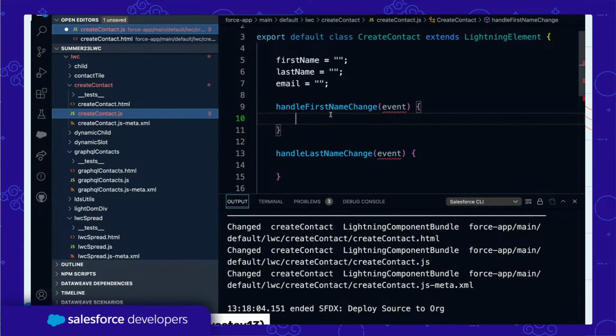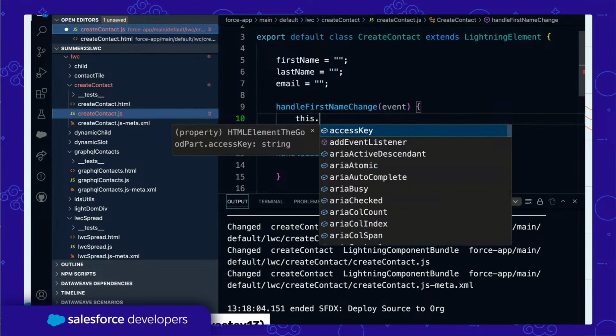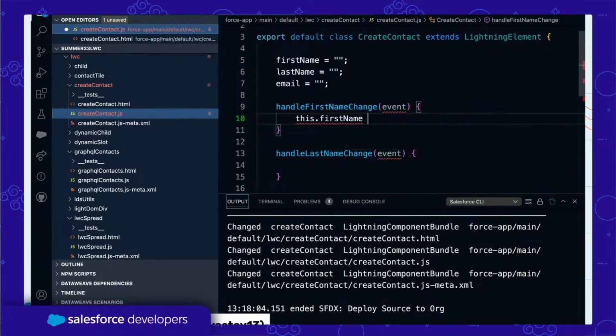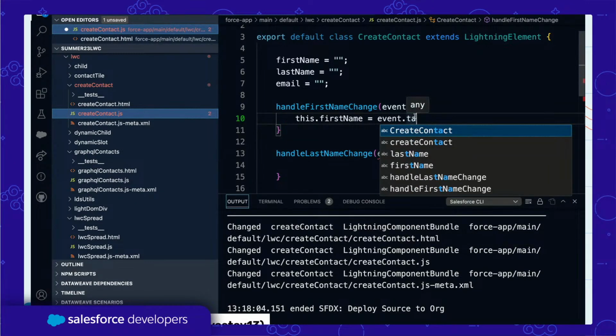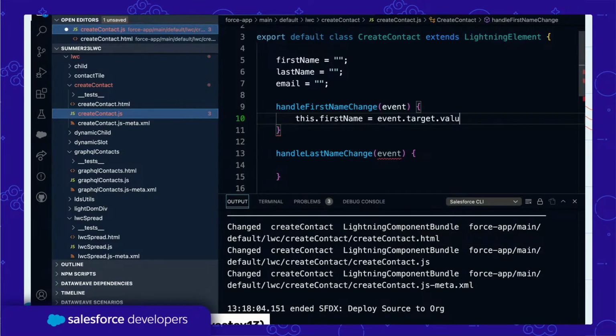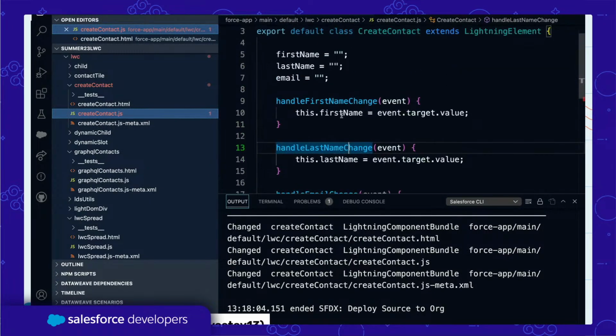So basically, you can do that by just doing this dot first name will be equal to event dot whatever the target value is. So event dot target dot value should give you that. Similarly, for the last name, we just copy paste at this point. And then